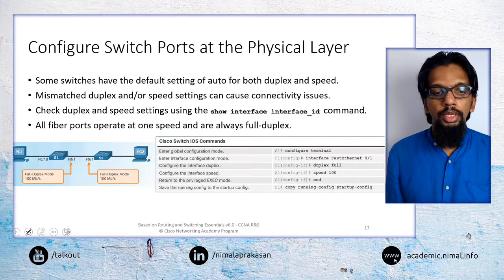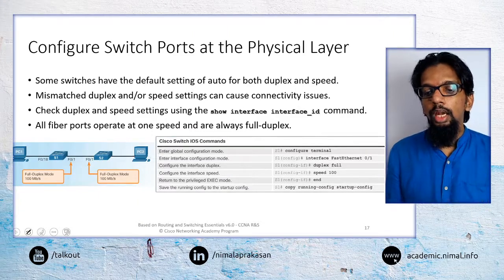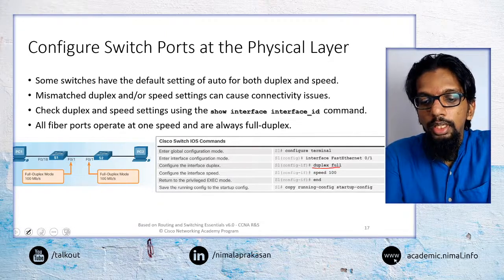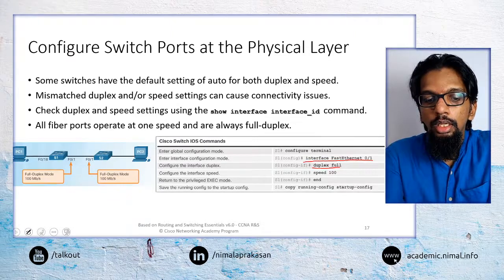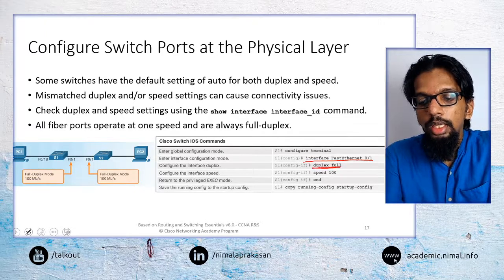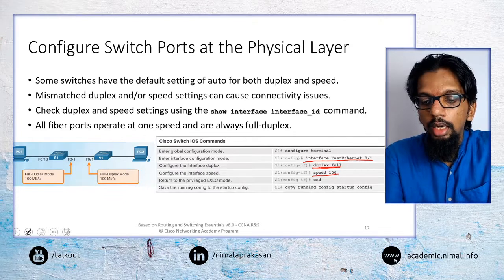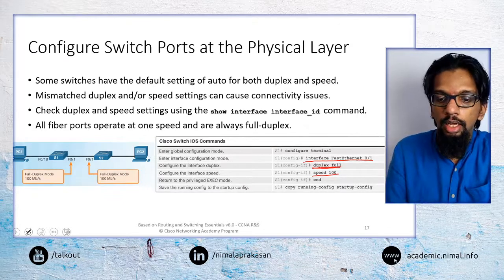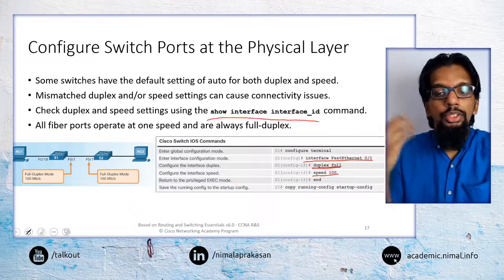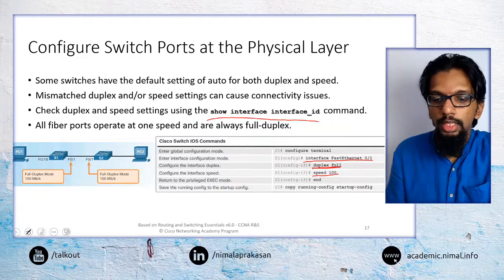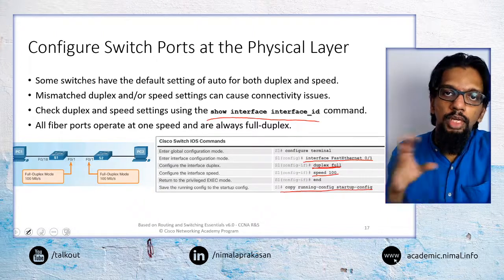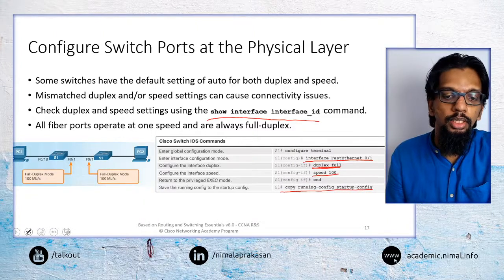To configure that, we can go into a particular interface. So we can go into, say, the FastEthernet 1 port, and then we can say duplex full, speed 100. That is the configuration that we are giving there. Once we have configured it, we can use the show interface command to see if our configurations have been applied correctly. And at the end, as always, we can save the configuration to the startup configuration.